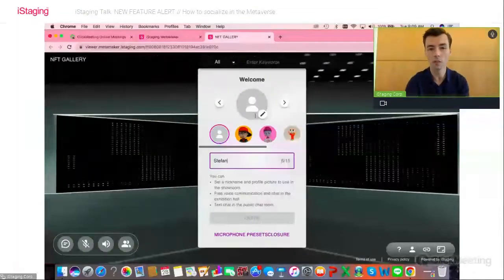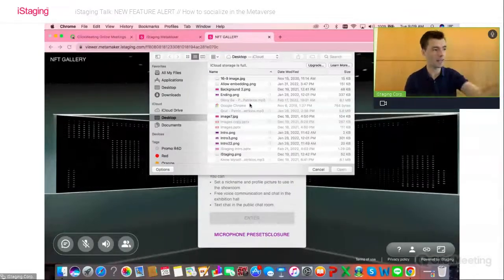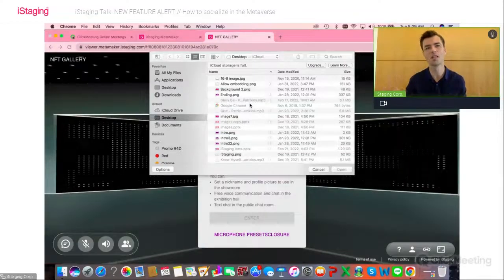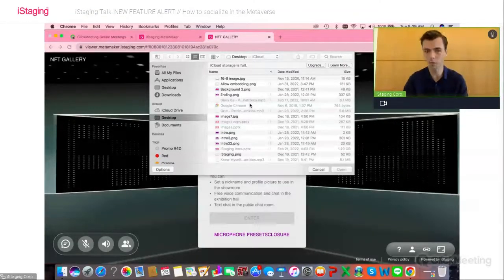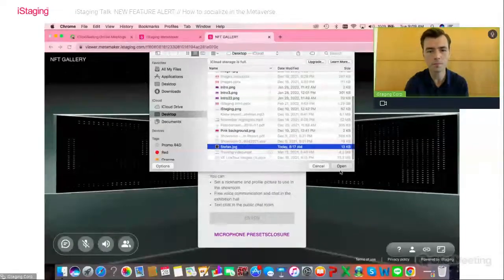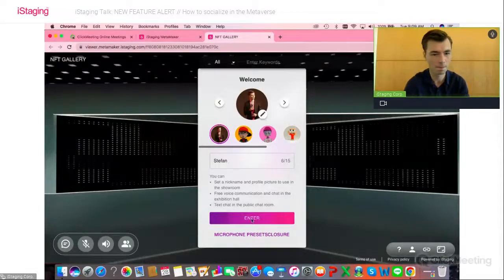That's what I'm going to do, because it is recommended when I see other people, if I can actually see who I'm talking to instead of just an animated image. It feels a lot more real, feels a lot better. So I'm going to upload my own image. And then you can see that we can actually enter the space.